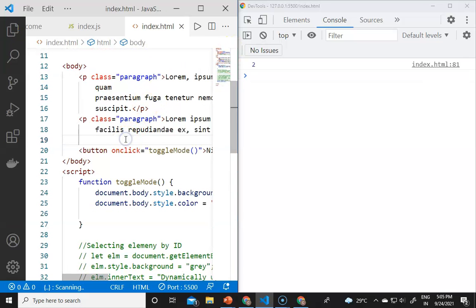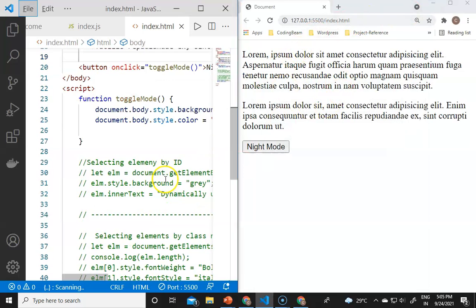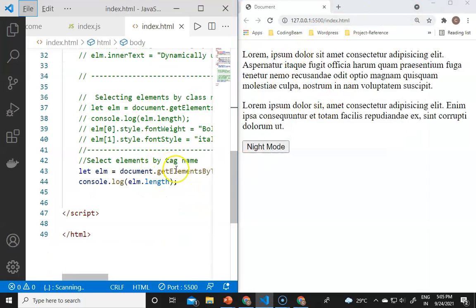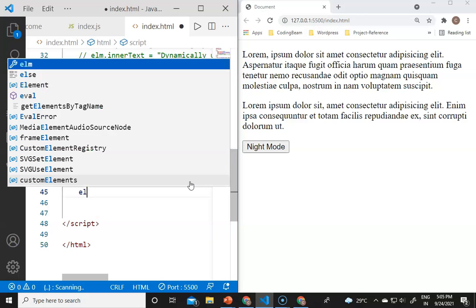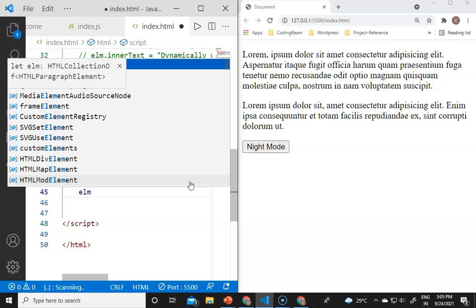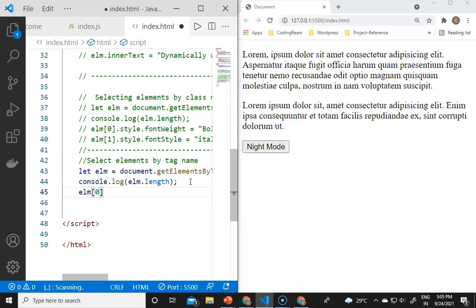So if you declare the paragraph tag once again and save, you will see there are now 3 tags. If you want to apply some styles on it, we can do the same as we did with the classes. So if I now apply some style, like the first paragraph, the element at position 0